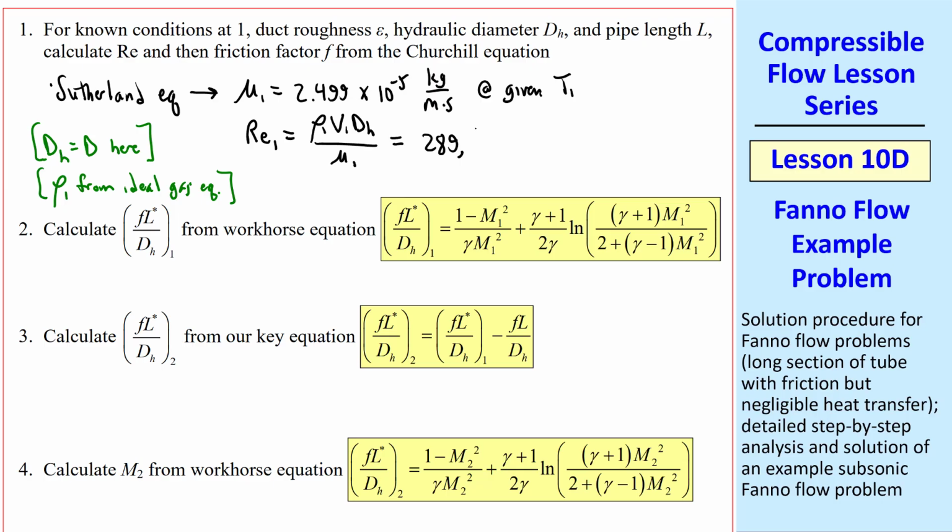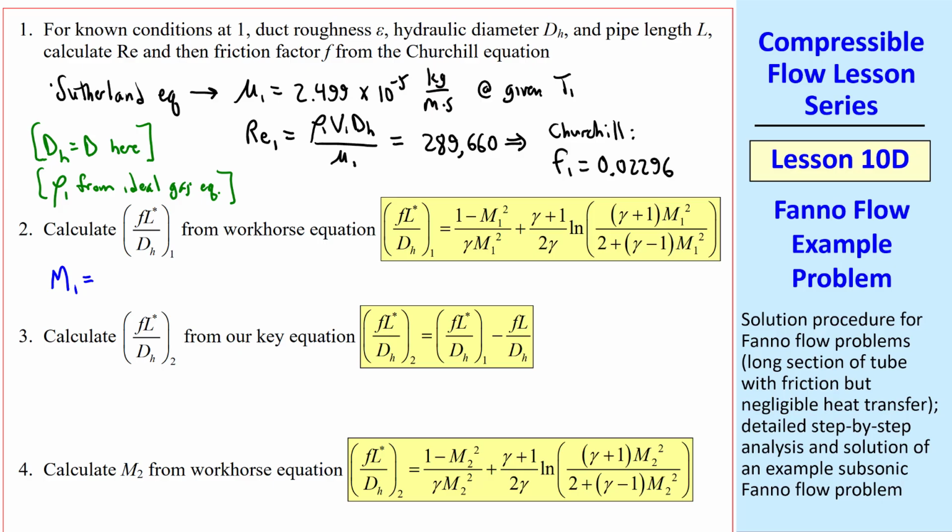I get 289,660, keeping some extra significant digits there. With this, and calculating epsilon over dH, I use Churchill to get F1. I get F1 equal 0.02296. Step 2 is to calculate FL star over dH at 1 from this equation, where I first have to